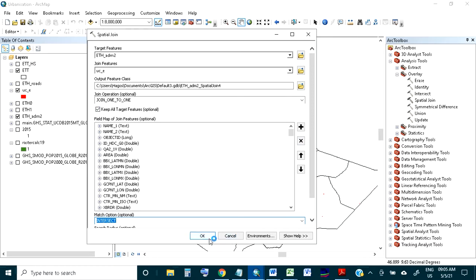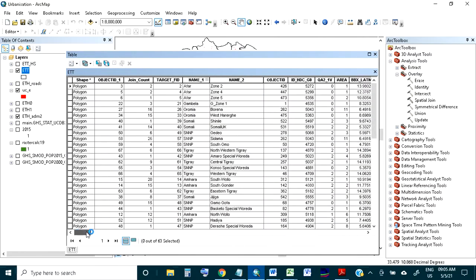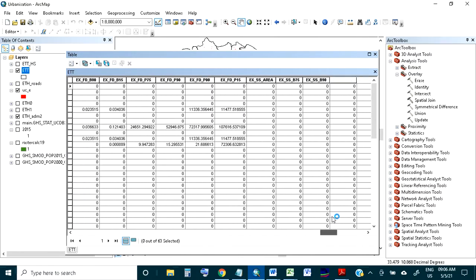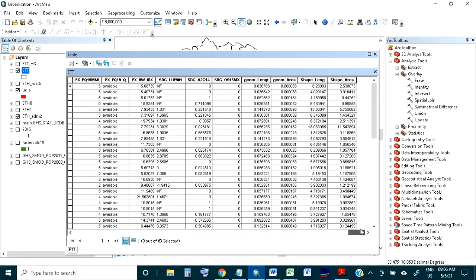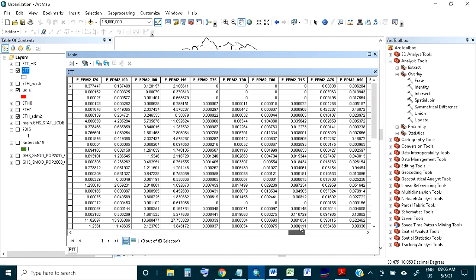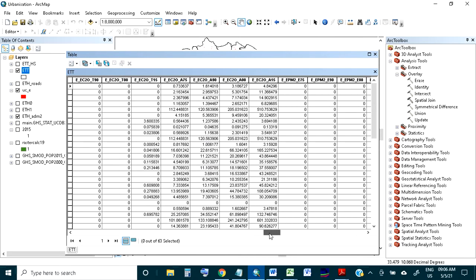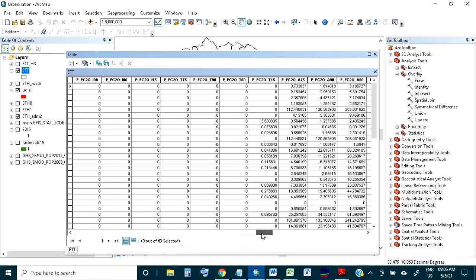then after that you will get a file. Okay, I have already got a file, and my file is here, and at zone level I have my data. When I see the data, actually the data is much skewed in case of Ethiopia